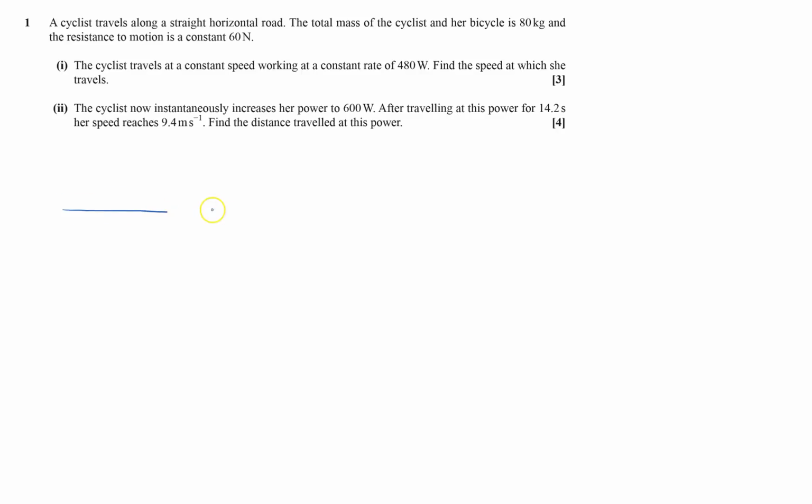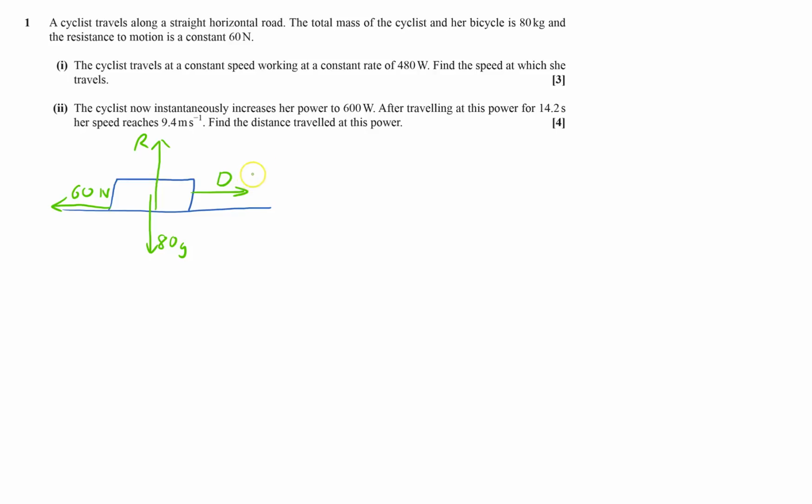Okay, so we've got a straight horizontal road, and you've got a cyclist on there, and it tells me total mass of cyclist and bicycle is 80 kilograms, so the weight will be 80g. Resistance to motion, I'm going to put normal contact force in there, I don't know if I need it, I will. And resistance is 60 newtons, and she's pedaling, so she's going to have a driving force,